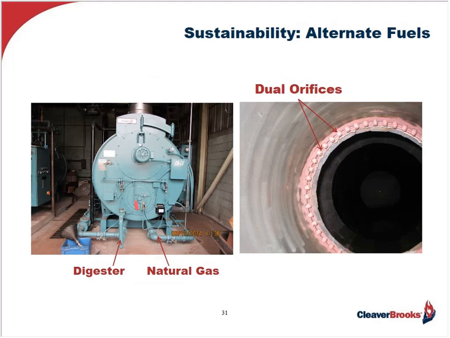And another series of larger orifices, which are flush, are used to allow the digester gas to enter the combustion area. Now, in this case, the way it's working is the primary fuel is digester gas. And when the digester gas pressure drops because of a depleting supply, the auto control senses this and automatically shuts